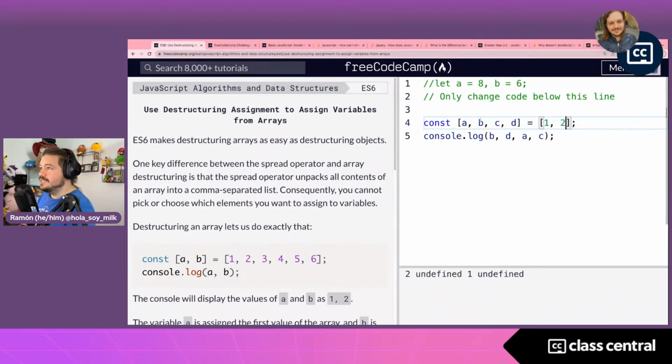Look, B is set to 2. C is trying to reach outside of this array, so we get undefined. Oh, sorry, D is trying to reach outside of the array, we get undefined. A is set to 1, and C is set to undefined because it tries to reach outside of the array. But the nice thing about this is that we can right away